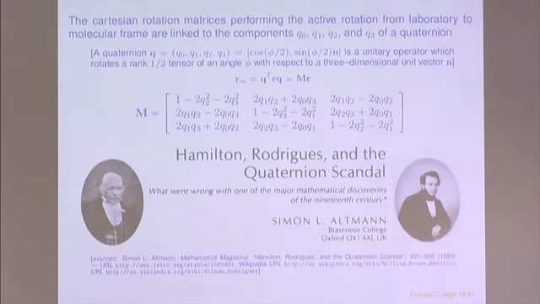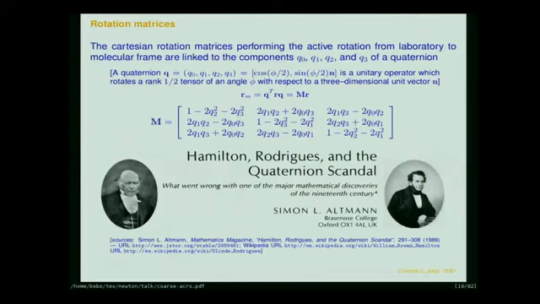In computer simulations, it is very convenient to use quaternions for describing the orientation of the molecules, both because they are very efficient in doing this, and also because the solutions of the dynamical equations for the rotational motion are free from singularities. So at the moment they are extremely valuable for simulations, and it's a bit